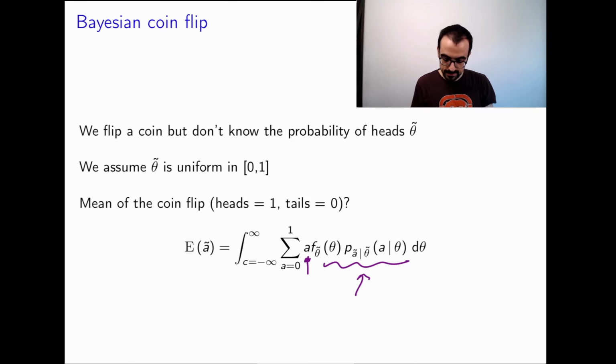Okay, so now we plug these things in. Here we have to sum over 0 and 1, but when we put a 0 here, the whole thing is just going to be 0. So we're going to end up with just the value for which A is equal to 1. That's the term that is not going to be equal to 0. For that term, this is just the probability that A is equal to 1 given theta, that's just equal to theta, okay? And this guy is uniform between 0 and 1. So we end up with,